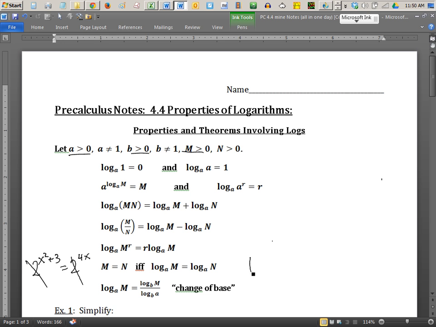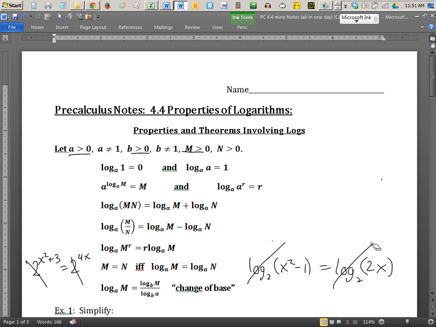So if you ever see like log base 2 of x squared minus 1, and then this is equal to log base 2 of 2x or something, feel my full permission to do this. Okay? That way you can just solve it as x squared minus 1 equals 2x, if that even has a solution. Okay? Do you understand? You can cross out the logs, as long as they're the same base, of course. And then the next rule